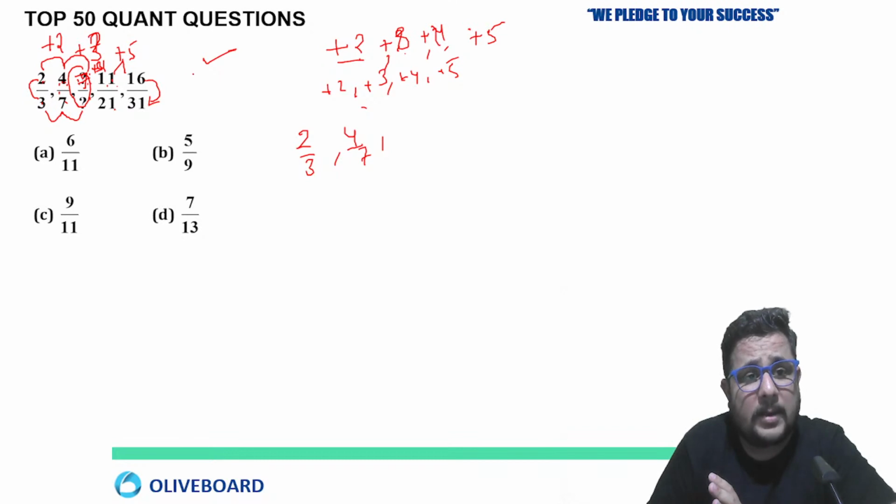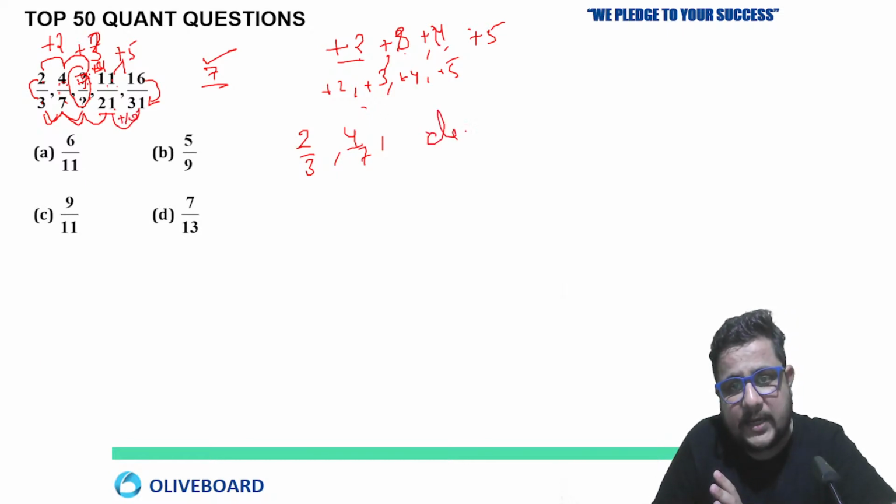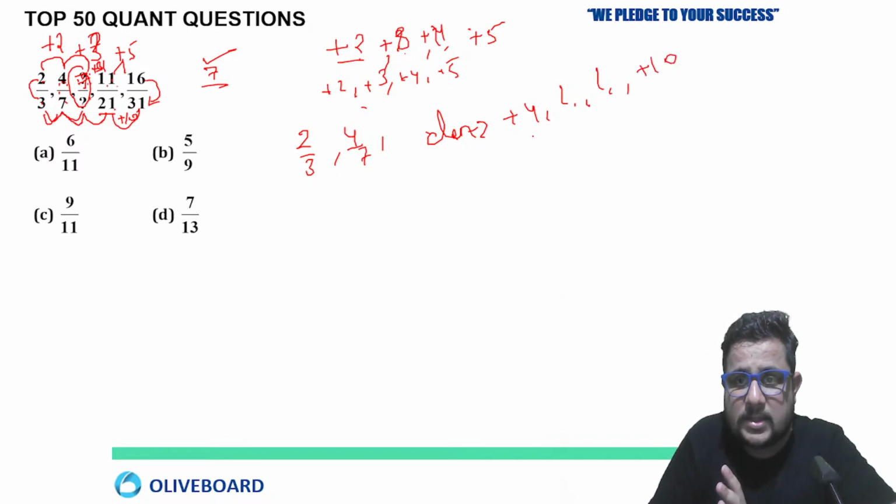Here the numerator of the missing term is going to be 7 by 3 plus 4, 7. 7 plus whatever you are going to add, 21. 21 plus 10. In the denominator, the first difference is plus 4, then two differences are missing, then plus 10. So we can say consecutive even numbers can be there, plus 6, then plus 8.